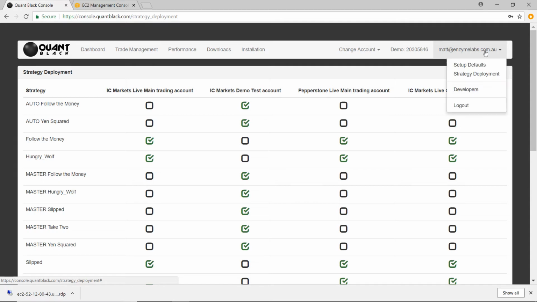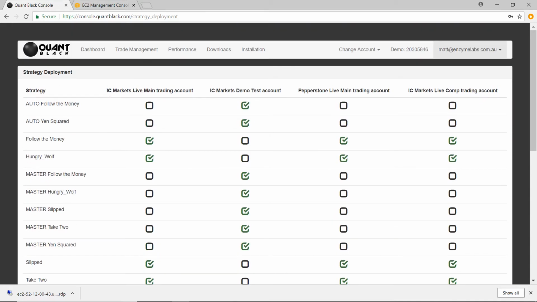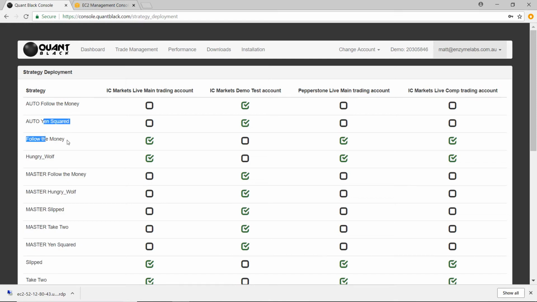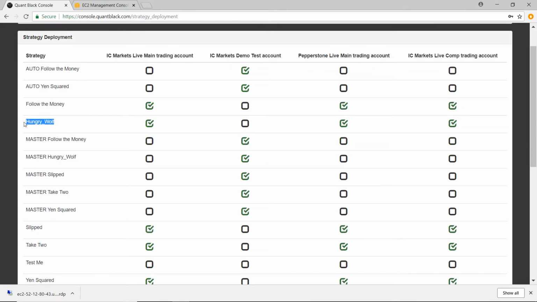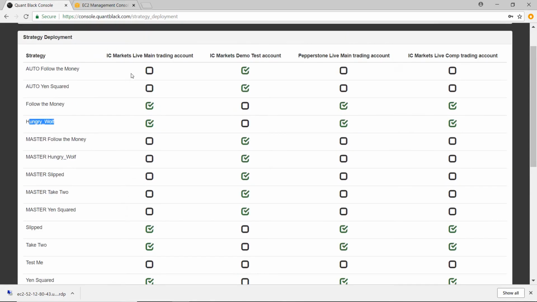If you click on your email address up here and go to strategy deployment, you'll get this screen and it'll show you all the MT4s you have running on your remote server. I've got 4 of them set up here. It'll show you all the strategies you have access to, and if you want to upload your own strategies, they don't have to be Quant Black strategies, but you can upload your own strategies and they'll be added to this list. And then all you need to do is check the strategies you want on that